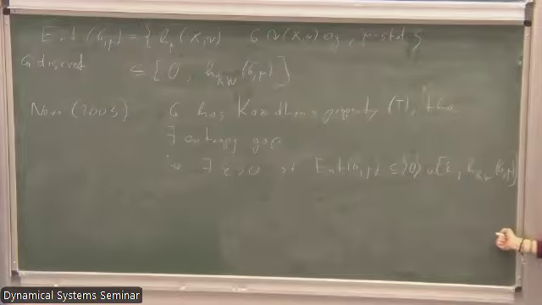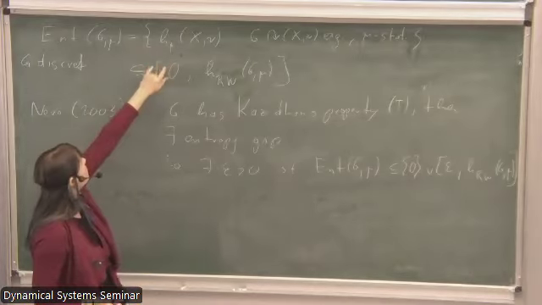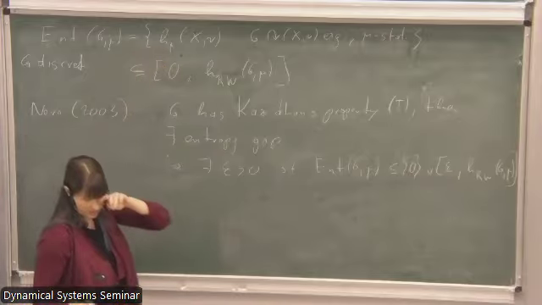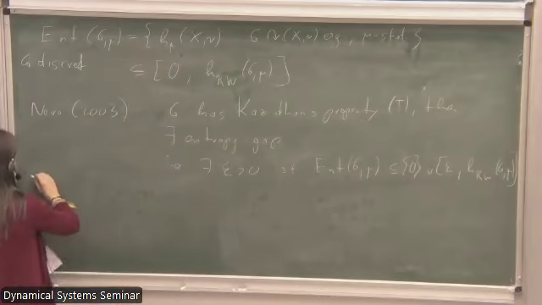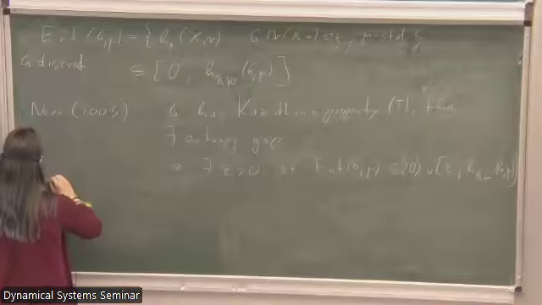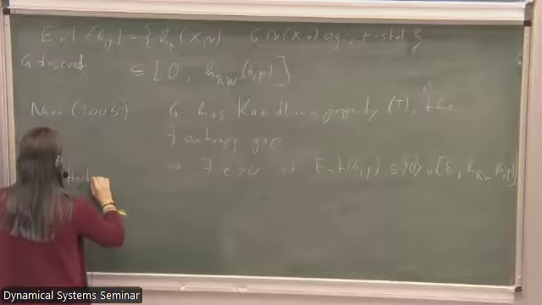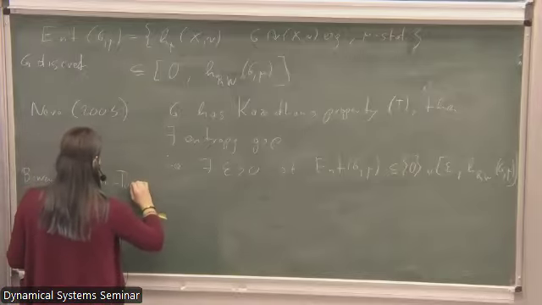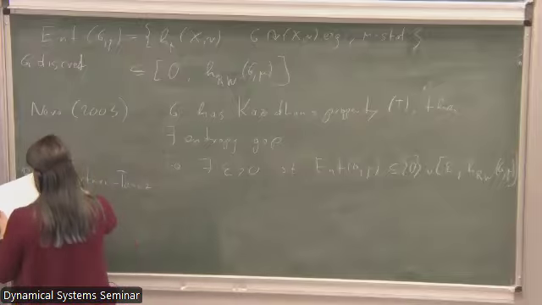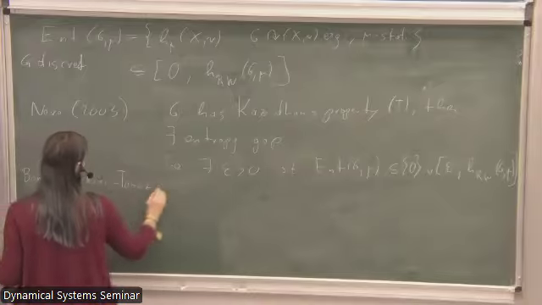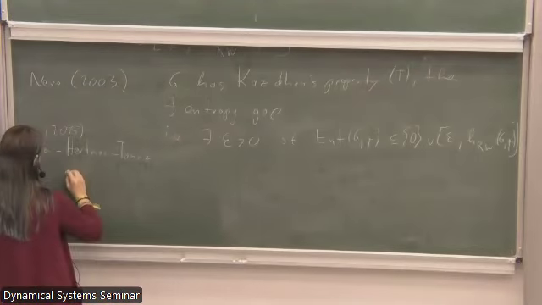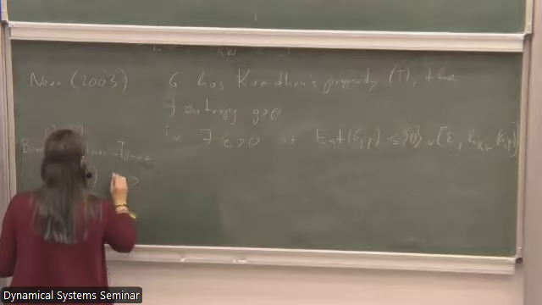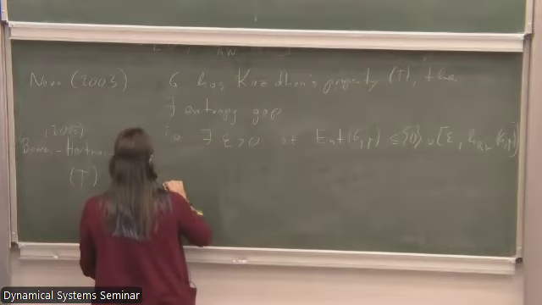Now you should ask me, but what about the reverse direction? So the reverse direction does not work in this setup, but Lewis Bowen, Yair Hartman, and Omer Tamuz proved some kind of reverse direction in 2015, which says that we have property T if and only if there exists an entropy gap